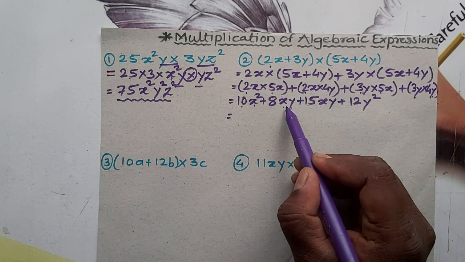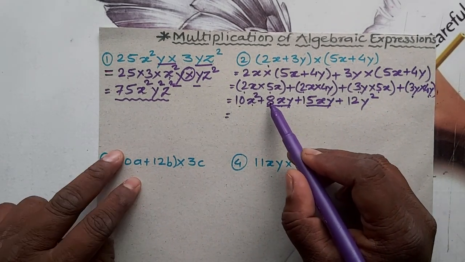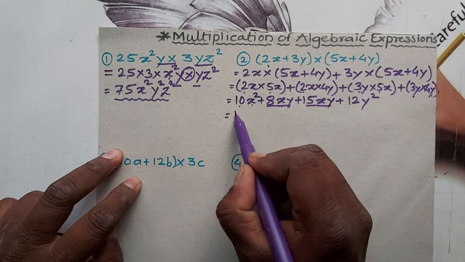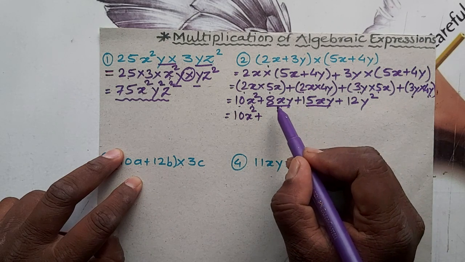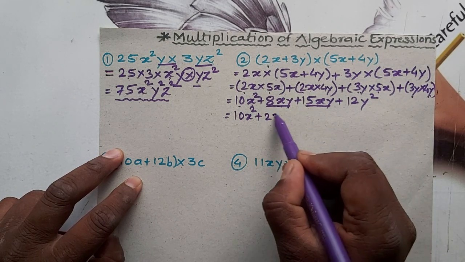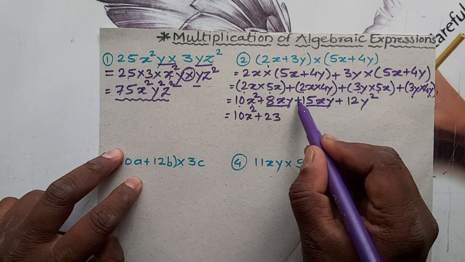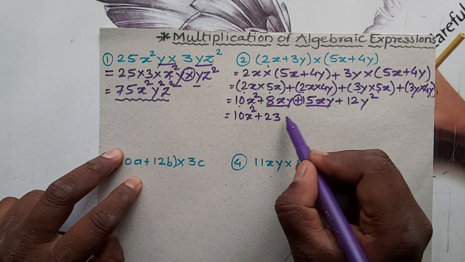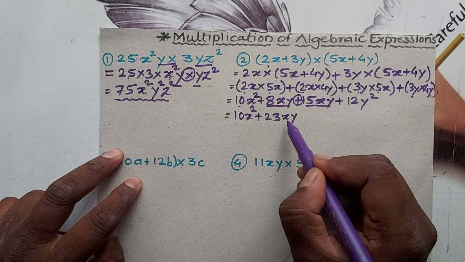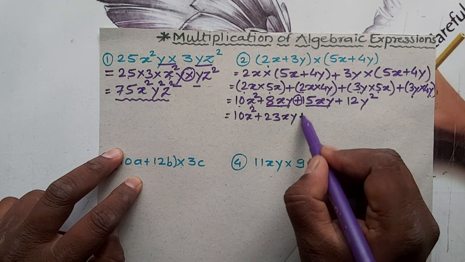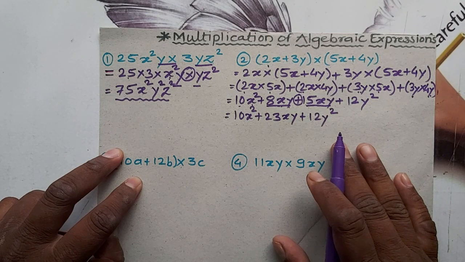Okay, now if you see here, students, 10x square plus 8xy plus 15xy plus 12y square. x square and y square are not like terms here, these are the like terms, so we will add accordingly. So 10x square plus 15 plus 8, 23, then xy. See here, addition sign, so we only have to write xy one time, don't write x square y square. Addition is there, that's why xy one time, plus what remains, 12y square. So this is the answer, students.